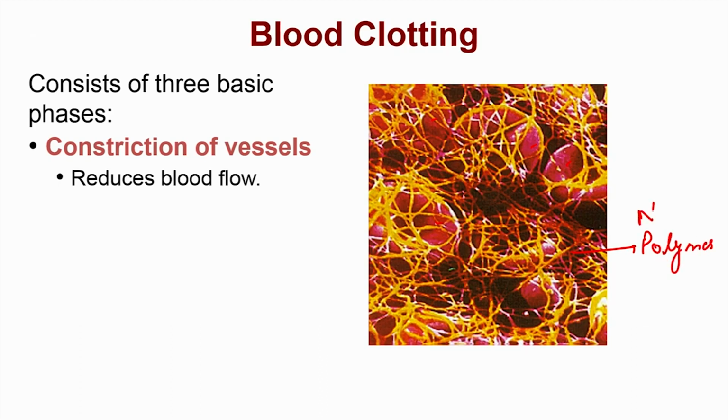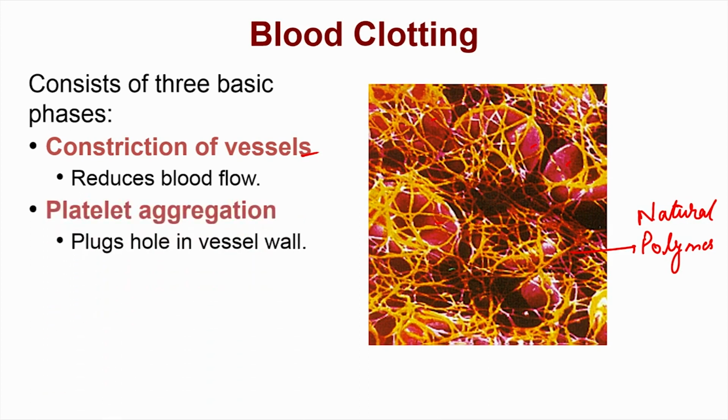This is of course a natural polymer, and these RBCs have got entrapped. You can see a nice mesh network which can then prevent any more blood from leaking out of the system. So, blood clotting essentially consists of three basic phases. One is the constriction of vessels, so that reduces the blood flow in that area. The next is that the platelets find a new surface and get aggregated on that area. So, that plugs the hole in the vessel wall fairly rapidly,